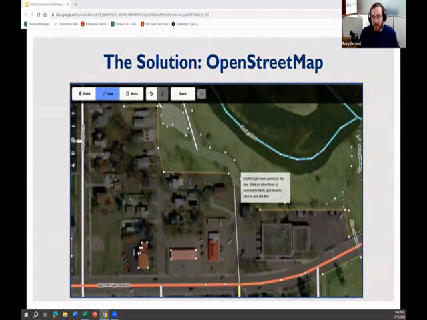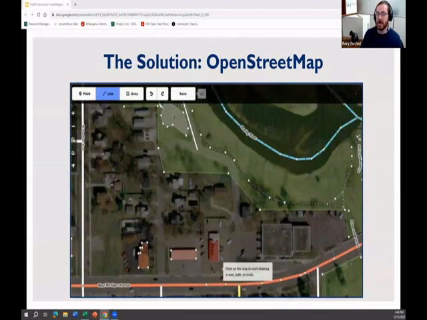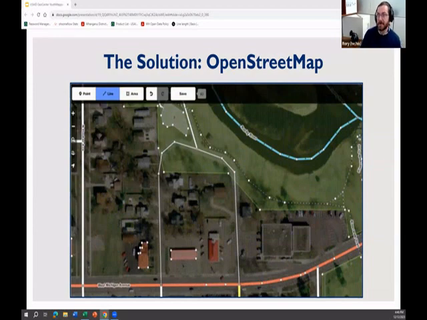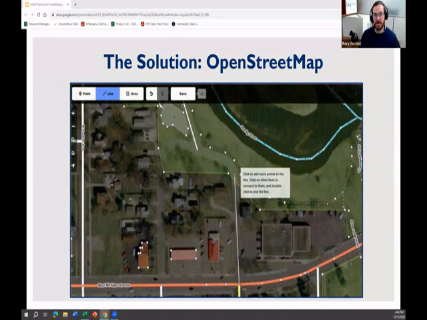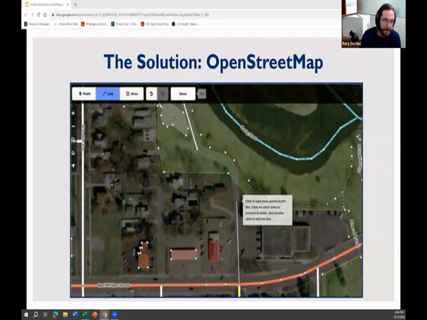OpenStreetMap. Not going to go too much into OpenStreetMap. I think you guys are pretty familiar with it. Pretty awesome tool to coordinate large-scale mapping efforts in different areas and target different geographic data sets of interest to USAID programming. So, whether we're interested in hospitals, schools, travel networks, OSM is a great tool to generate that data in a collaborative way quickly.